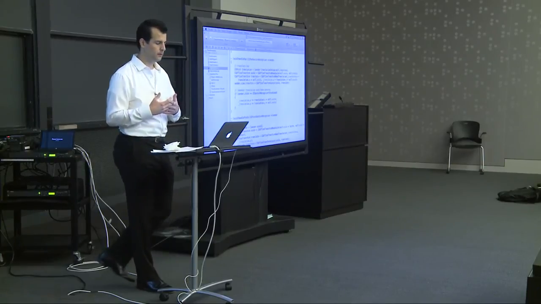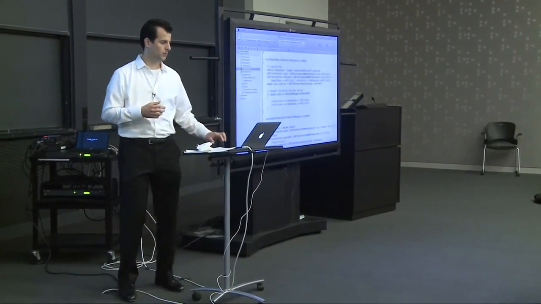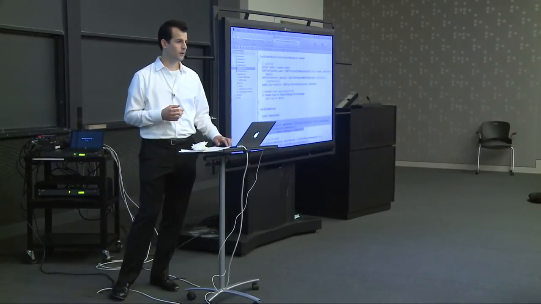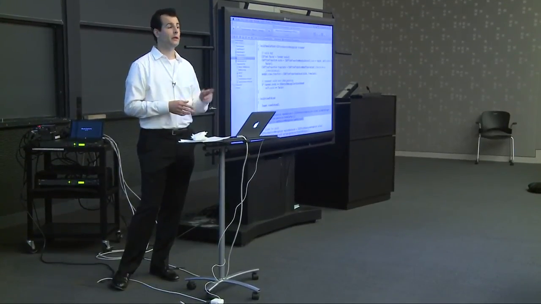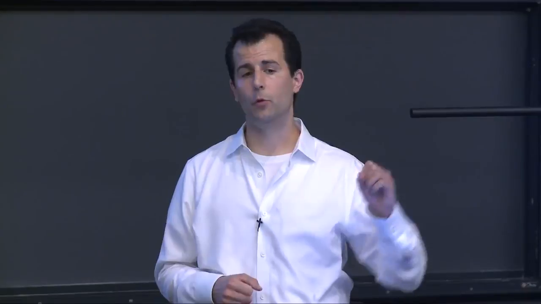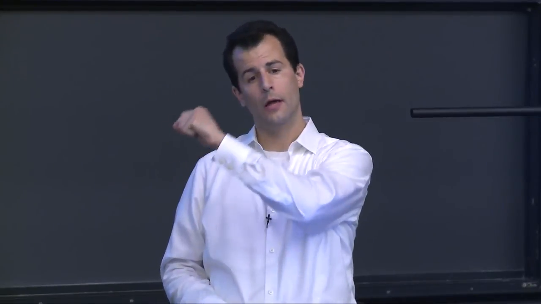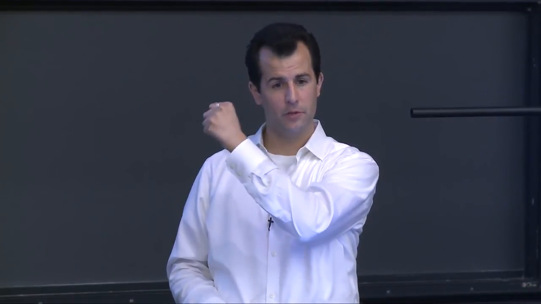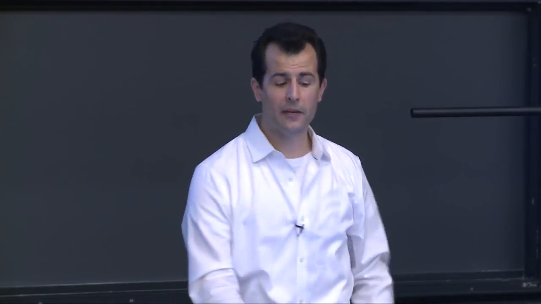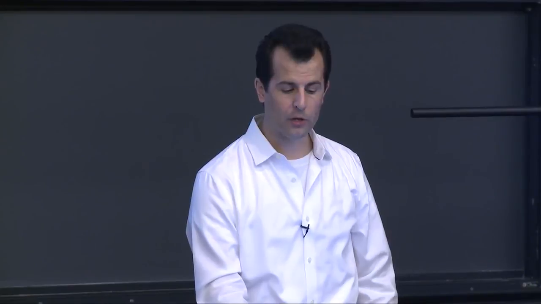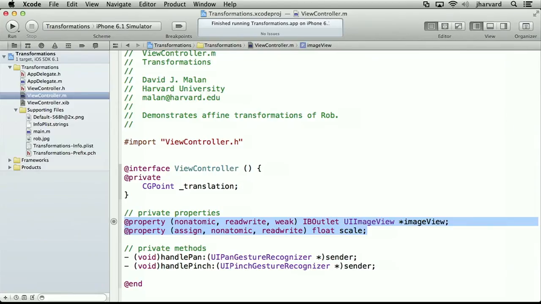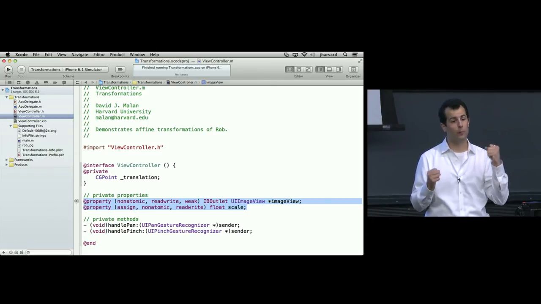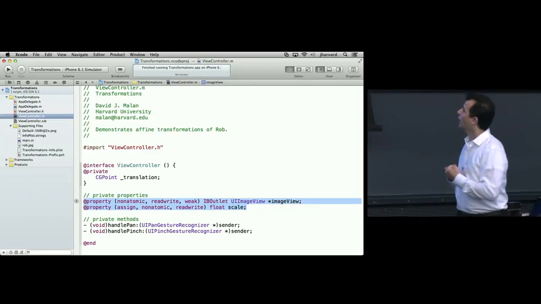So for anything in the nib, if I want to access it, I should give a property for that, typically an IB outlet property. So typically, if you want to connect your code to an interface that you created with Interface Builder in a .xib file, then yes, you do exactly that. And that is the reason why, if we scroll up to the part we glossed over earlier, I have two things declared as properties. One is the scale, which, as we'll see, is just a way of remembering when I pinch what the scale factor is for Rob if it's not 1.0 by default. And image view